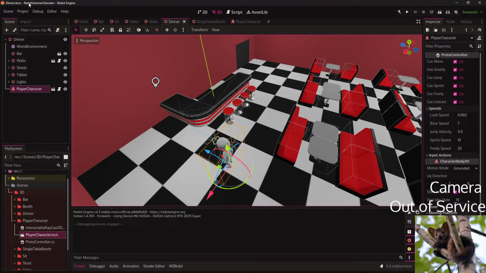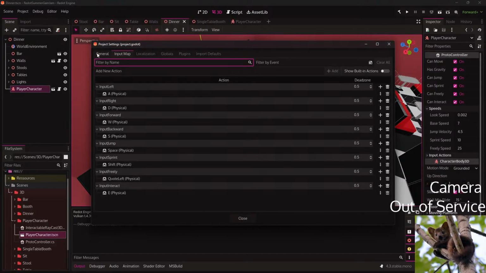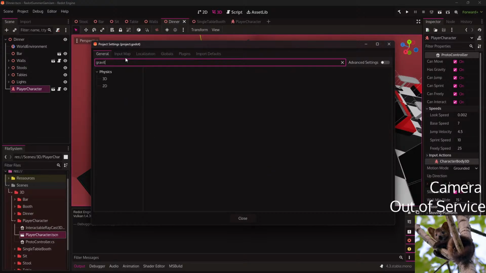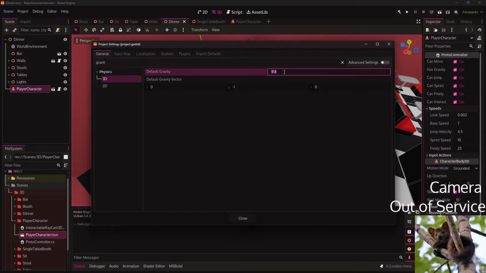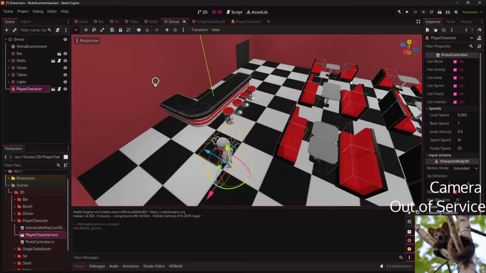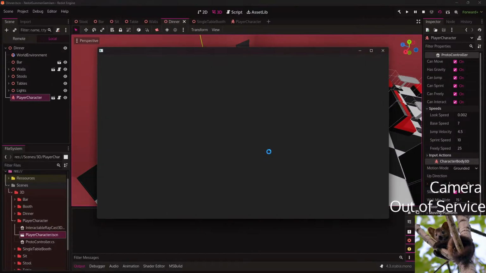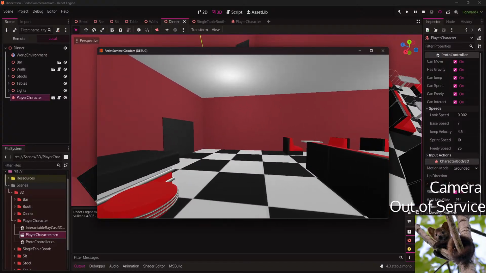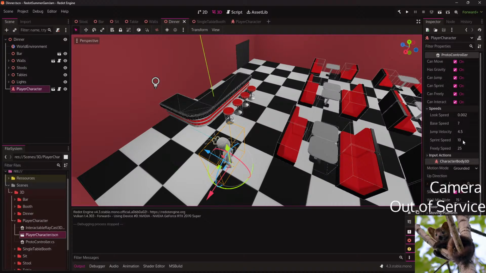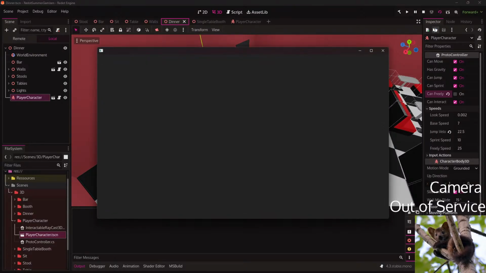I really want to change this gravity because somehow it's annoyingly... I think I might need more jump velocity. I'm not sure it's the most important thing. Definitely not.